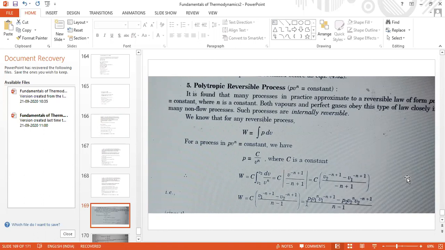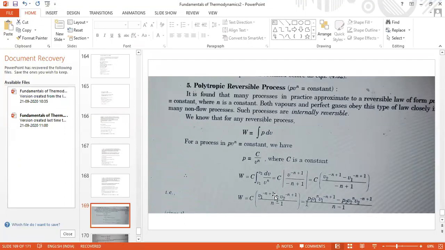The required formula is integral v power minus n dv. So instead of x, v is there. Instead of n, minus n is there. So in that way, you look at your basic formula, reproduce it, and substitute to get the required formula to be solved. In that way, the formula has to be written.